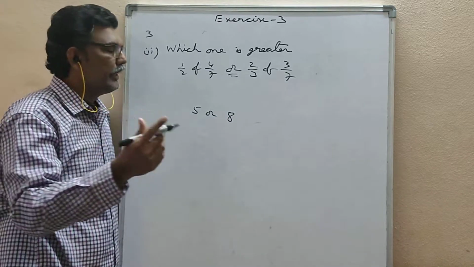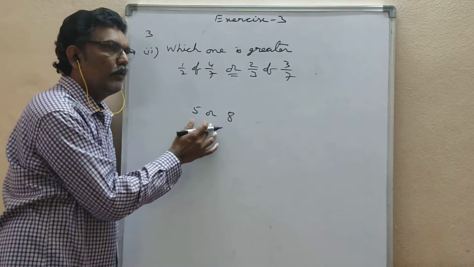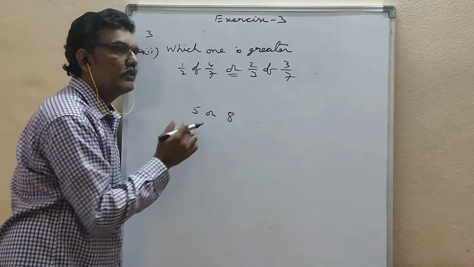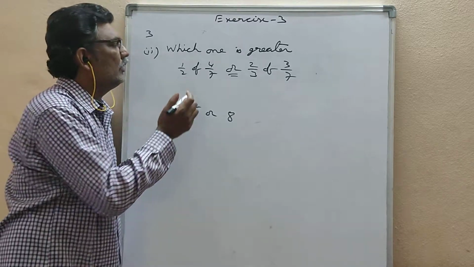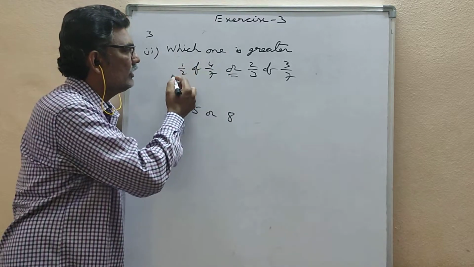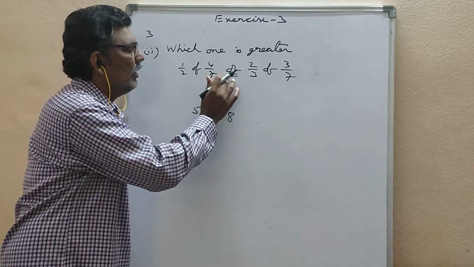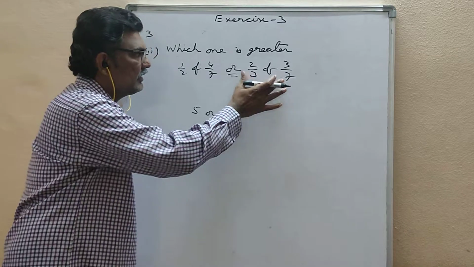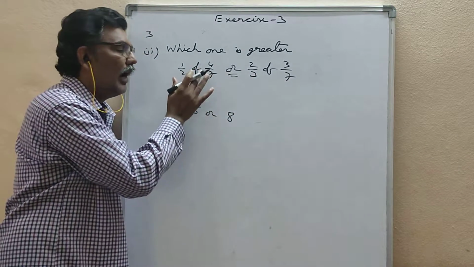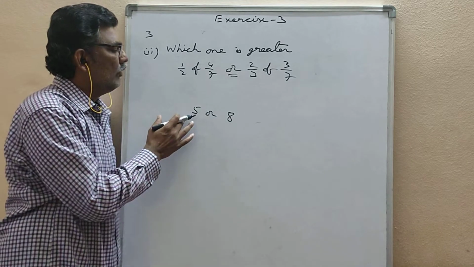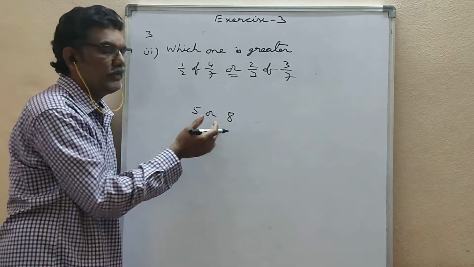So what you are understanding, "of" is there. For this "of", left side is one number, and right side is one number. For "of", left side means you have this entire expression, and right side means this entire expression. So you should simplify this and this one now. After simplification, you have to say which is greater. Now, which one is greater, 5 or 8? You will say 8.